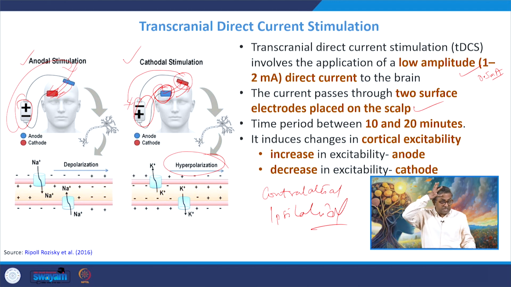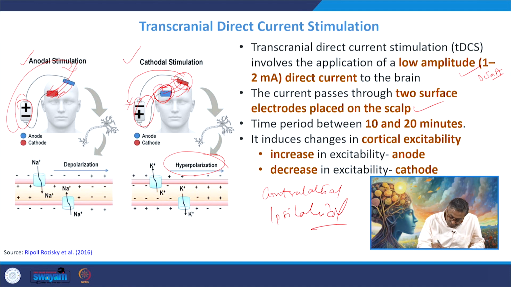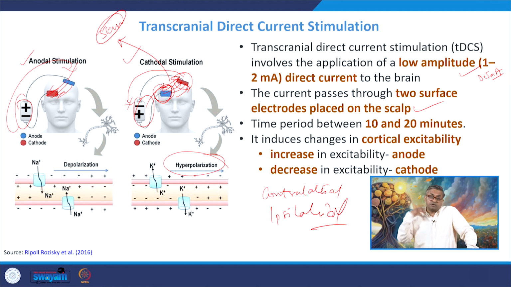If the electrodes are on the same side, like one electrode placed on the left frontal side and the reference electrode placed on the occipital cortex, it is the ipsilateral side. Being a memory researcher doing neurostimulation, one has to ensure the space between these two electrodes is a minimum of 5 centimeters. If they are too close, the current density may increase. As a result, the chances of cortical seizure increase.